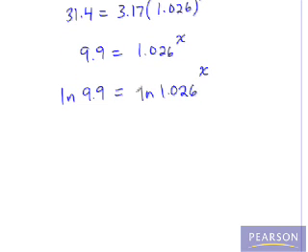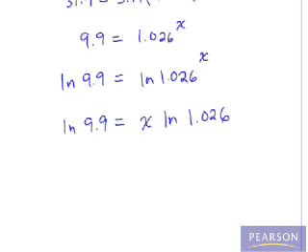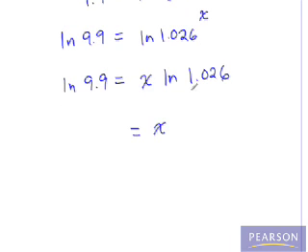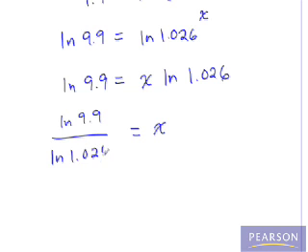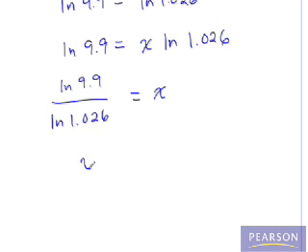And on the right side, we'll use the power property of logarithms. We'll swing that exponent down in front, making it a coefficient. So the natural log of 9.9 equals x times the natural log of 1.026. And then to isolate x, we'll divide both sides by the natural log of 1.026, giving us the natural log of 9.9 divided by the natural log of 1.026. And when you evaluate this expression on the calculator, you will get that x is approximately equal to